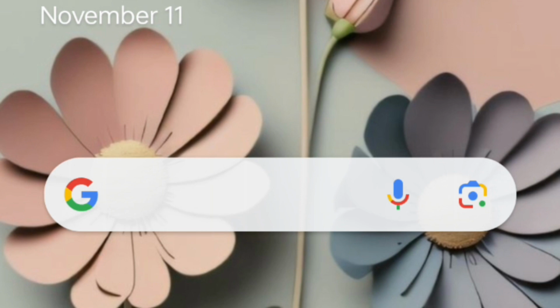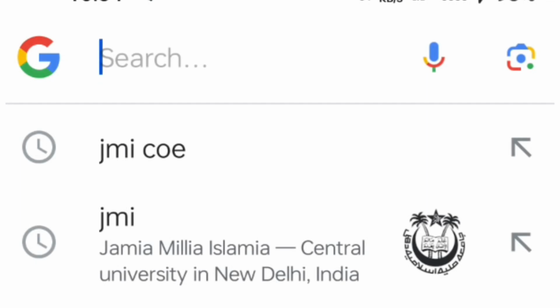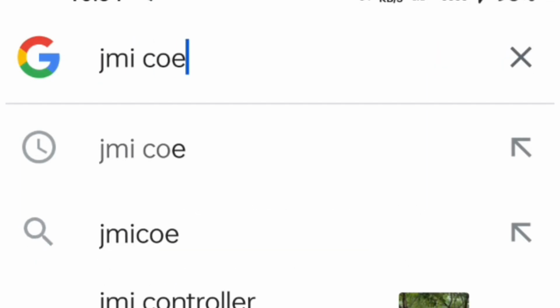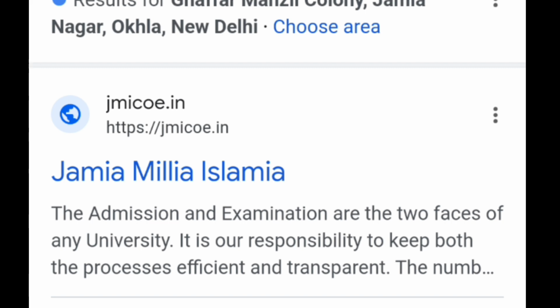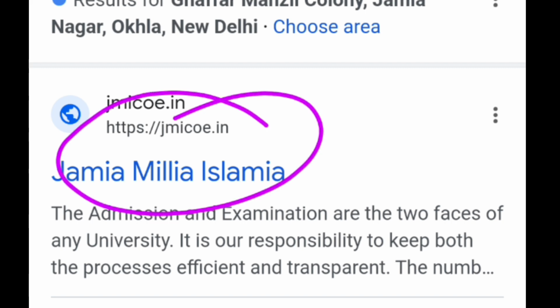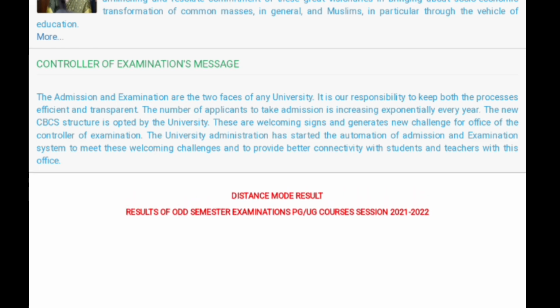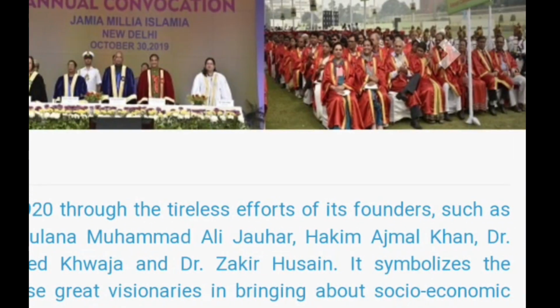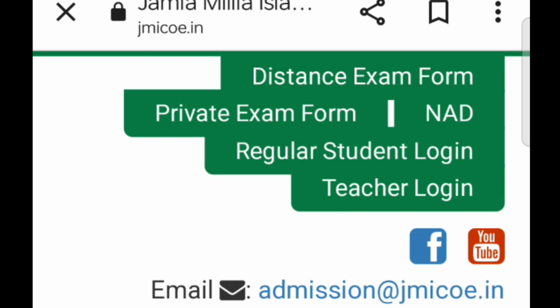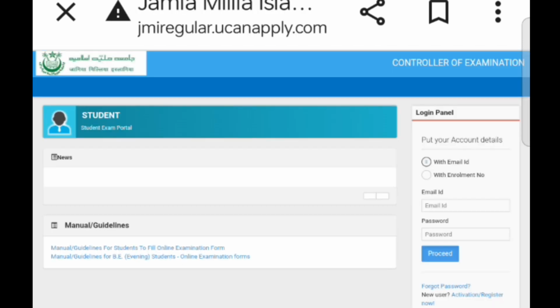Simply first go on Google and type JMICOE in the search bar. Then click on the official website of Jamia, right? jmicoe.in. Click on this website and you will see a page like this, right? And in the right corner you will see the option regular student login, right? You have to log in here. Simply click on regular student login, and you will see a page